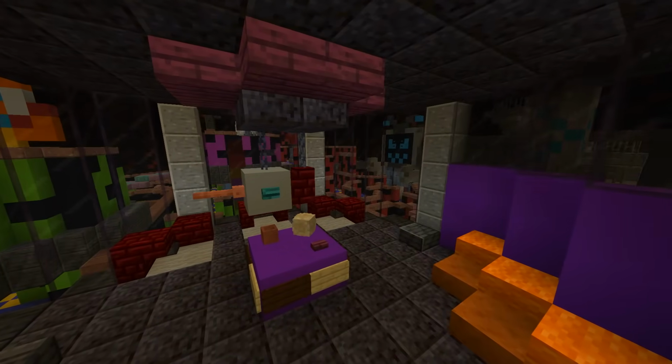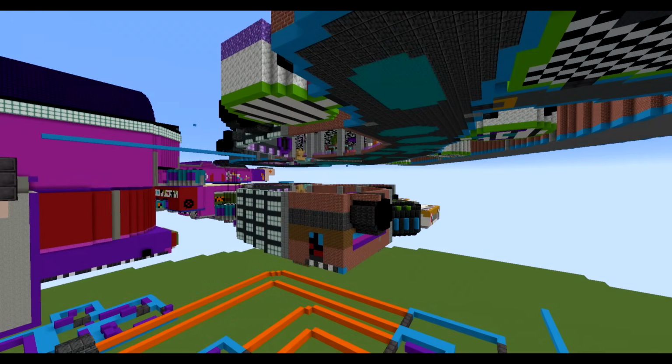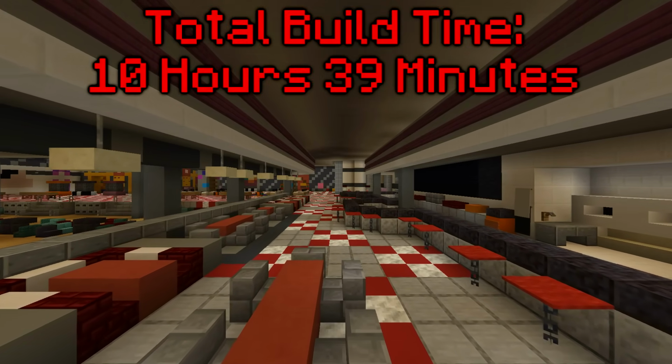And a quick fun fact about this build is I had to move the West Arcade up by 10 blocks in order to fit Bonnie Ball in the right place. That wasn't fun. In the end though, Fazblast and Bonnie Ball had a total of 10 hours and 39 minutes